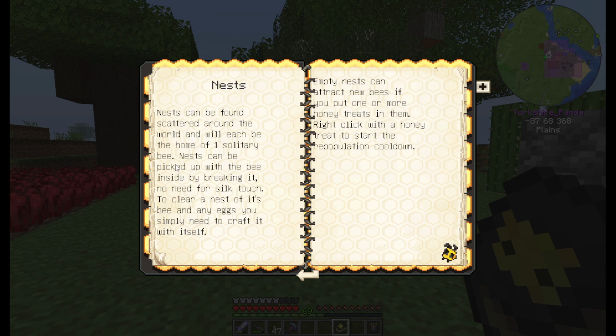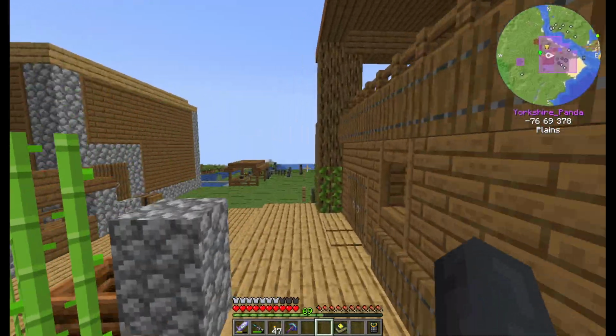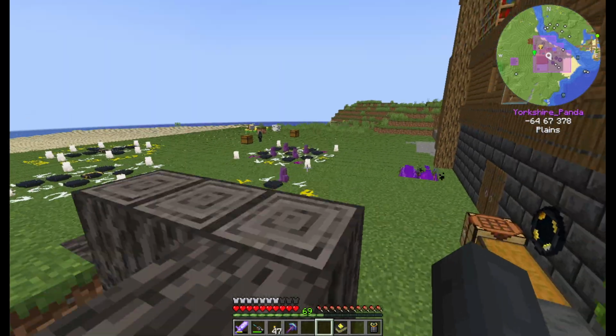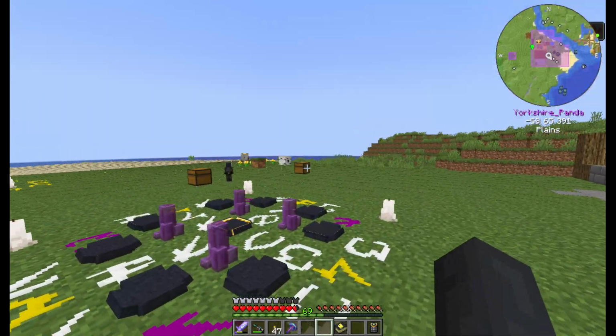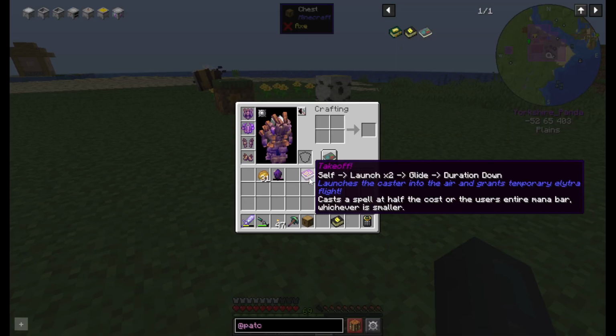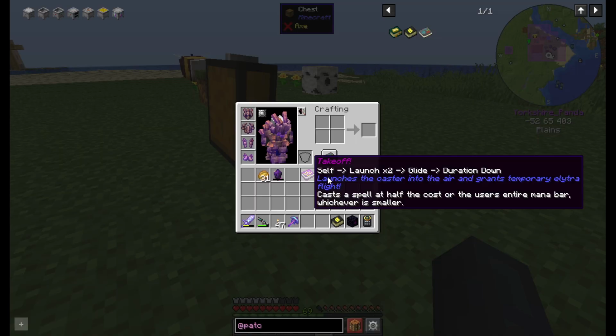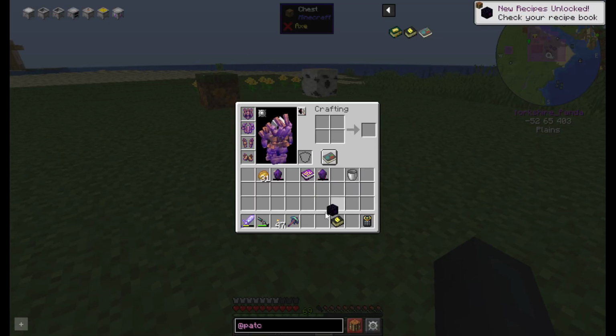So the nest can be found scattered around the world, which hold one bee. Can be picked up with the bee inside. No need for silk touch to clear a nest of the bee and eggs. You may sometimes craft it with itself. And any eggs. Ooh. So, for example, I've got the draconic bee in that obsidian one. If I... Oh. Obsidian nest. That one. If I do that...